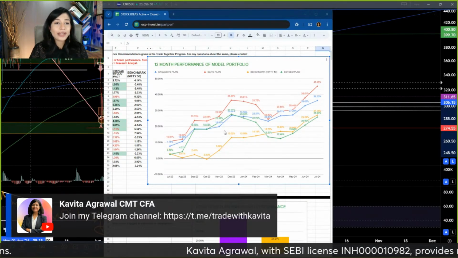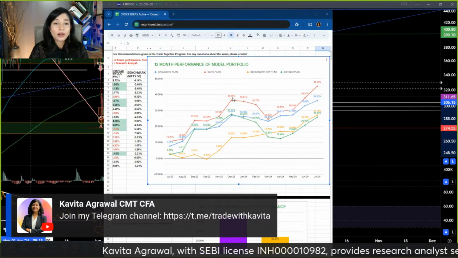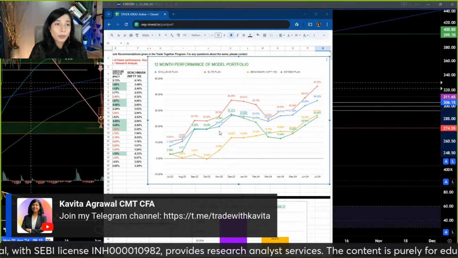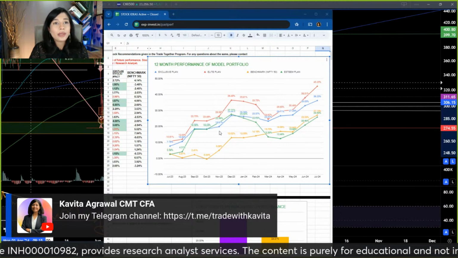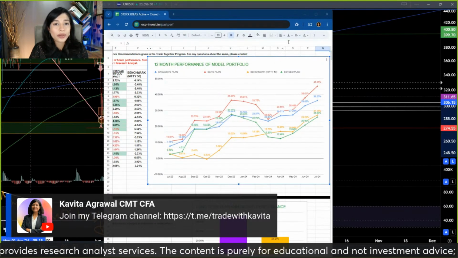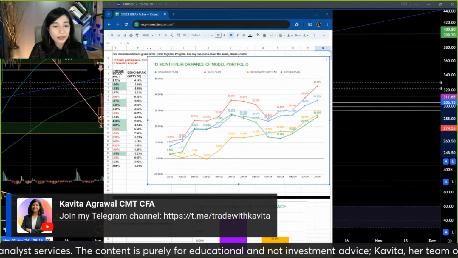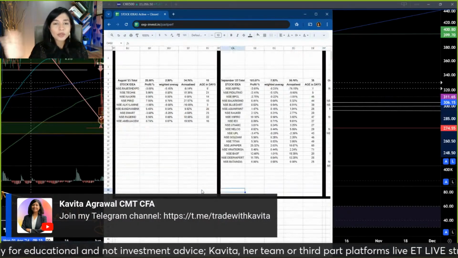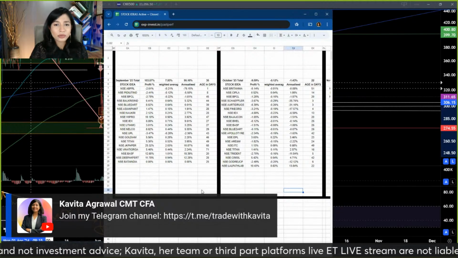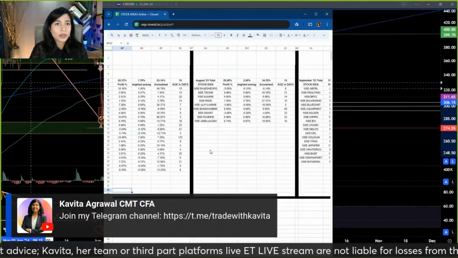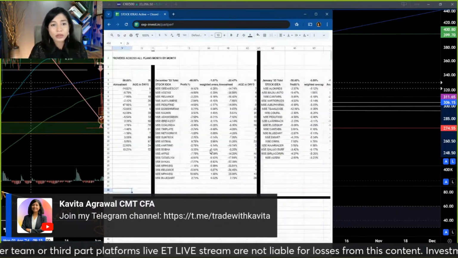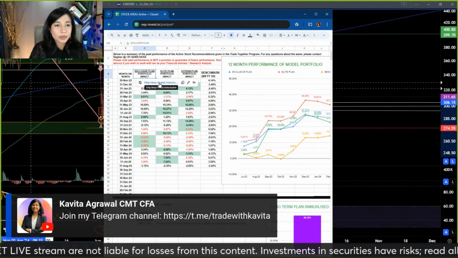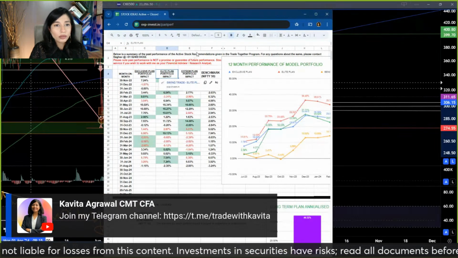If you want to get into the details of what the recommendations were that were given, how did they perform, what was the month on month, when did we beat the market, when did we not, and so on and so forth, all the details are mentioned here. The more details you want, just keep scrolling rightward and you'll see. I don't think anybody has the time to go through it so much, but if you do, I have made all the data that you need available right here. Or even the link to the subscription pages can be found if you click on the header.